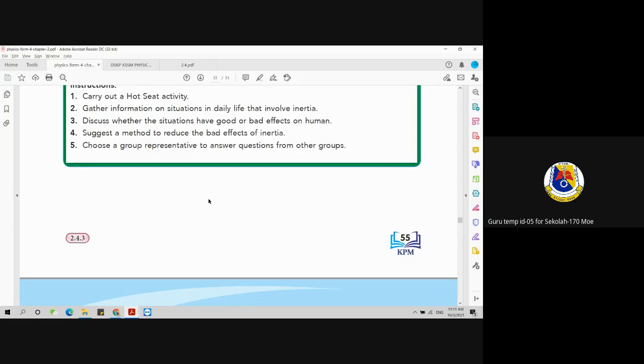A leaf suddenly moves down the human body. Slowly move. Okay, yes, this example is accepted. When you crash the car. Okay, yeah, when you crash the car, what is the motion of you and what is the motion of the car? Can you explain about it? Further explain? Excuse me.